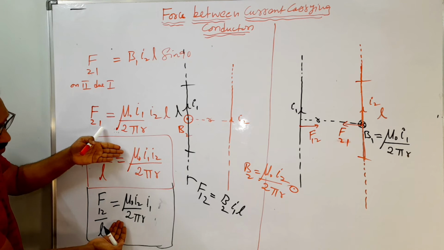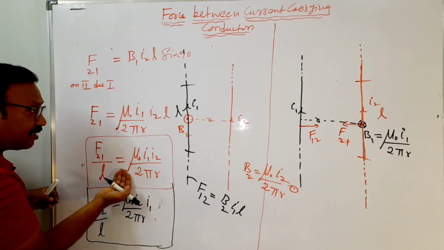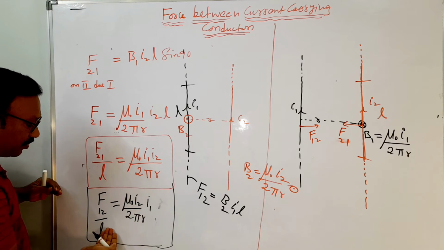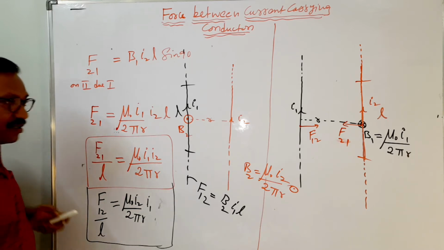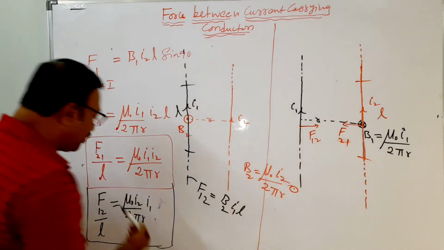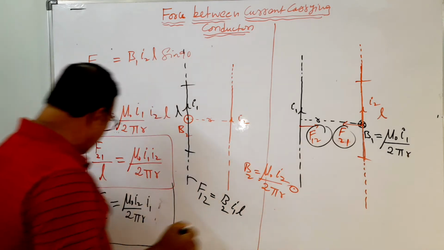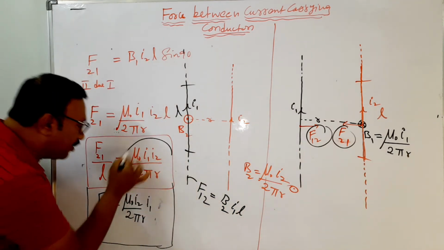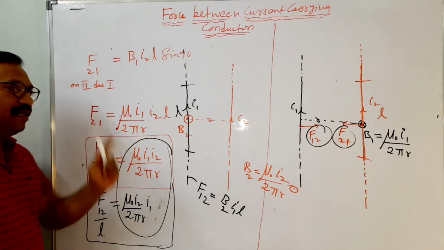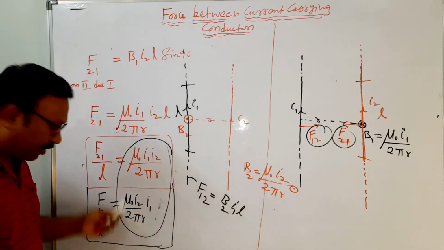So you got the same expressions. This is the force on the second conductor due to the first conductor. This is the force on the first conductor due to the second conductor. Therefore, I can consider them as an action-reaction pair, or else you can derive it also. Therefore, finally, they are attracting each other with this force. So the magnitude of the force per unit length can be taken as this. So remember this expression now.